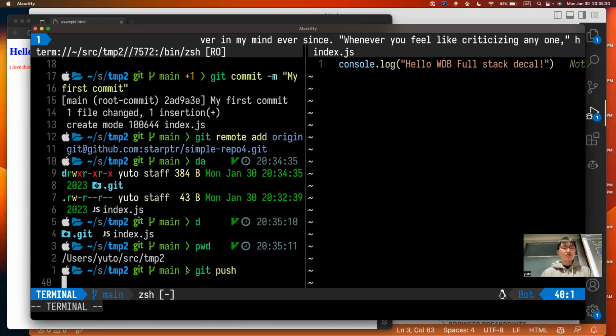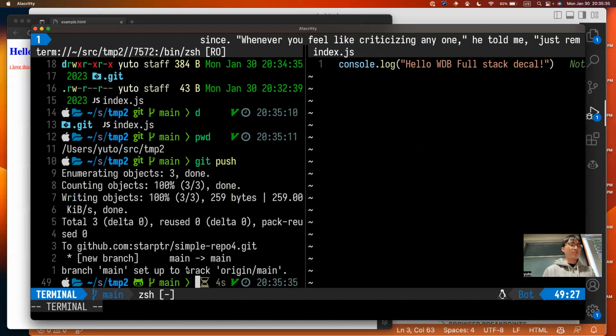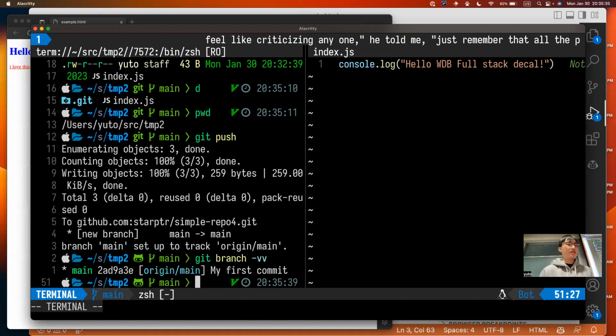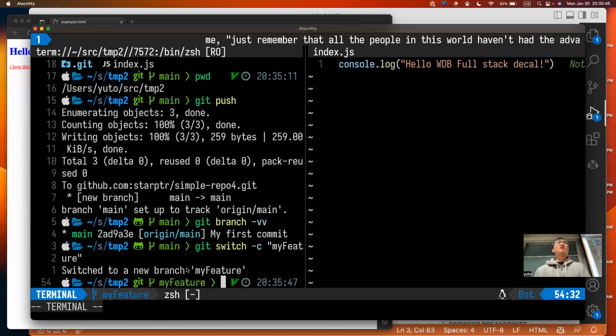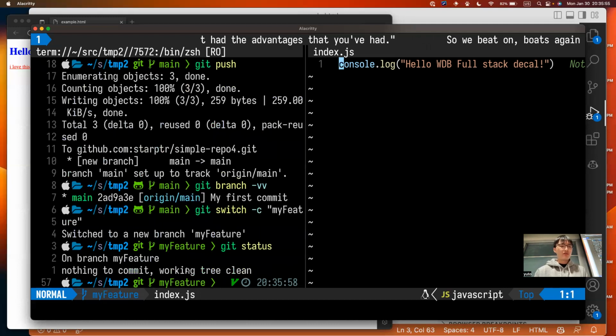Okay, let's push this to GitHub. You don't need to push this to GitHub. Let's take a look at which branches exist. Oh yeah, this is what no one uses, git switch -c. You can make a new branch. You can also use this in 61B. It's very useful if you have multiple versions of your code that you want to test and figure out which one to keep. Now we're in a different